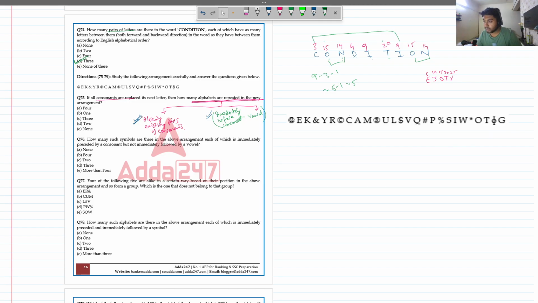ओके, तो इस वाले सिनेरियो में मेरे ज़ीरो पेयर्स है। अब इस वाला सिनेरियो देखता हूँ जहाँ पे मेरे एक वावेल है और उसका इमीडिएटली बिफोर वाला कॉन्सोनेंट है। ताकि मुझे ढूंढने में आसानी हो, मैं पहले इनका पेयर्स लिख लेता हूँ। मेरे वावेल्स क्या क्या होते हैं, ए ई आई ओ यू, ये मेरे वावेल्स होते हैं। उनके इमीडिएट पहले वाले लेटर्स को मैं लिख लेता हूँ, फिर उन पेयर्स को ढूंढता हूँ, आसानी होगा।